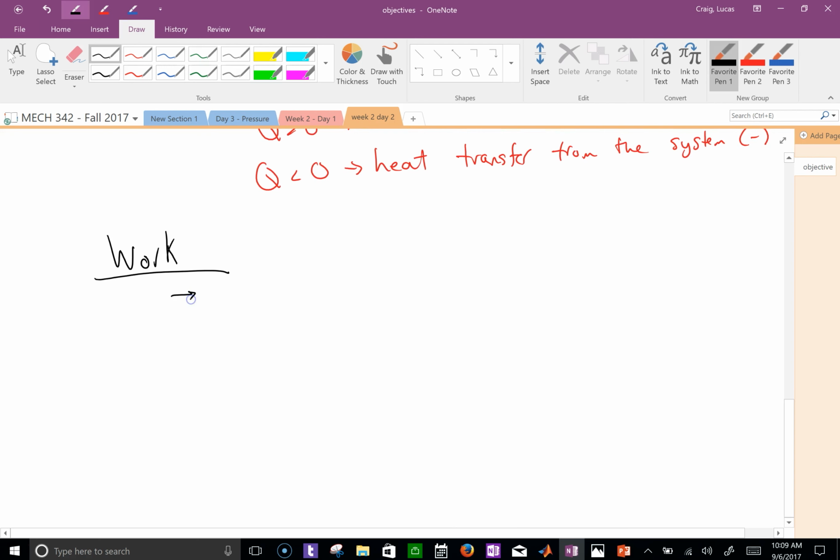So, do you remember the basic definition of work in physics? Yeah, force times a distance, okay? It is sort of usable energy. So a force acting